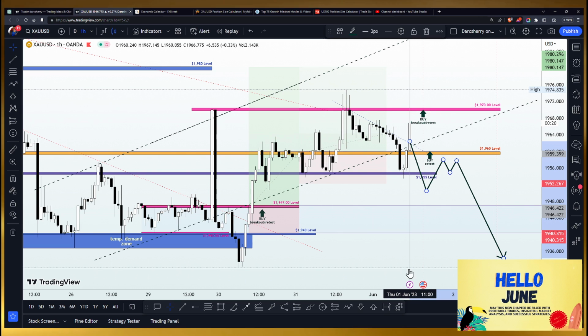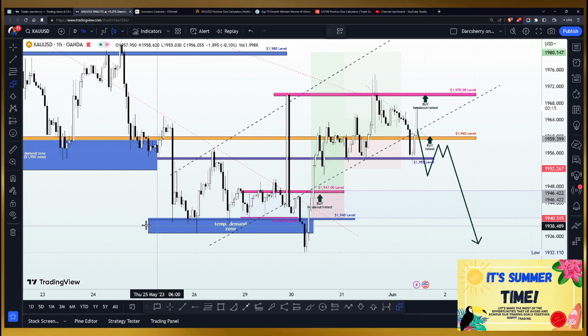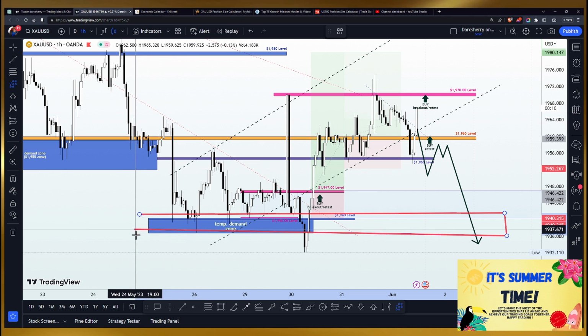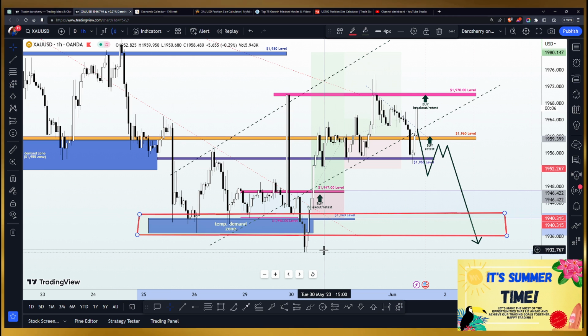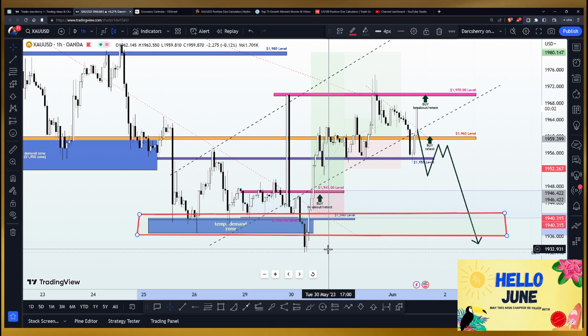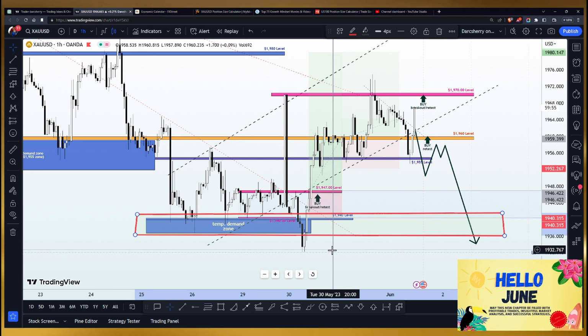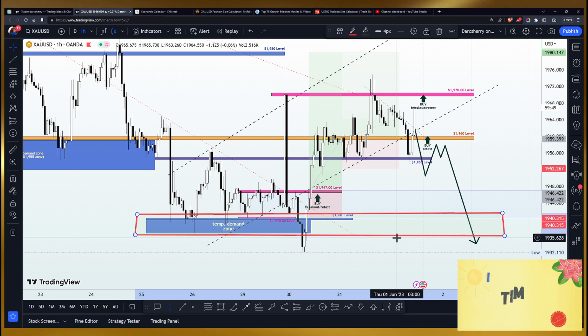And if that happens, mind you, we have a demand zone at the 1,940 from the beginning of the week that we also want to take into consideration. So if price gets into that area, we want to move all stop losses to secure our sell positions and wait to see how price action reacts to that level to determine our next line of action. A breakdown obviously will give us an opportunity to sell, while buy pressure above this area will give us an opportunity to buy.